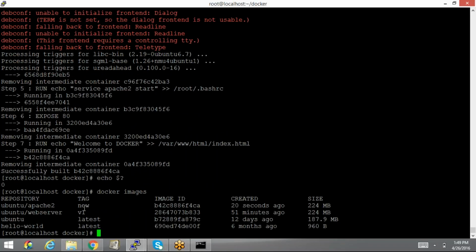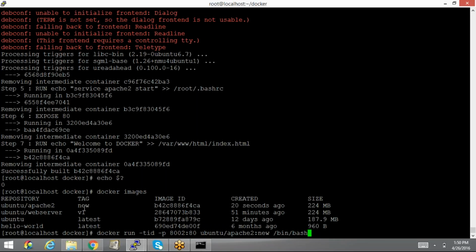So now I will do a docker run -tid, with a port mapping, port number 8002 to port number 80, and I will use ubuntu/apache2:new, and I will run